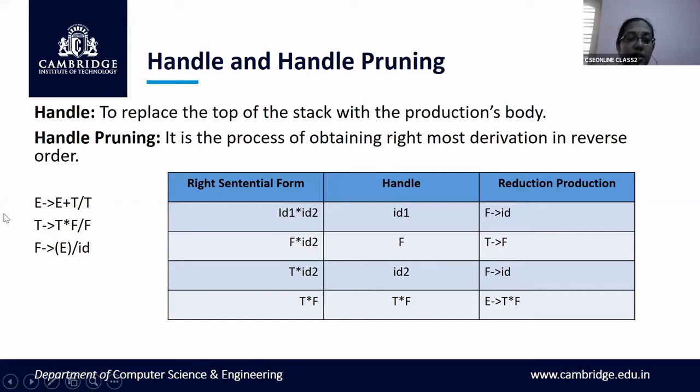Okay, so this is your grammar. This grammar is an unambiguous grammar. Fine. And it is having left recursion. As I told you, you need not worry about left recursion and left factoring in case of bottom-up parsers. The only prerequisite is that your grammar should be unambiguous.